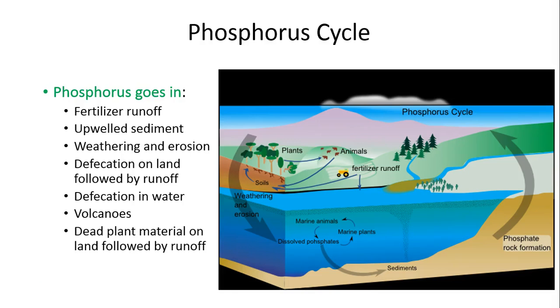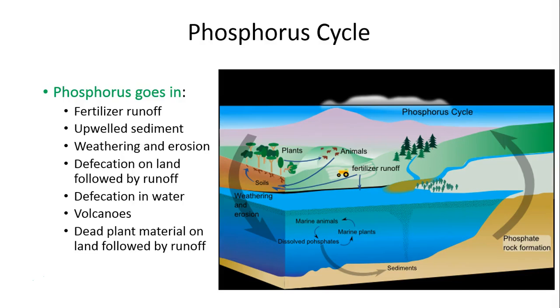Here is the phosphorus cycle. And the phosphorus cycle, most of phosphorus is supplied on land from sediments. So some ways that phosphorus goes into the ocean includes fertilizer runoff. So since plants in the ocean need phosphorus, plants on land need phosphorus too. And so what farmers will do is they will get fertilizer, which contains phosphorus and nitrogen and usually potassium and probably some other minerals as well. They put that on their crop, and that helps their plants to grow. But when it rains, that fertilizer then runs off and goes into a local waterway, which eventually will make its